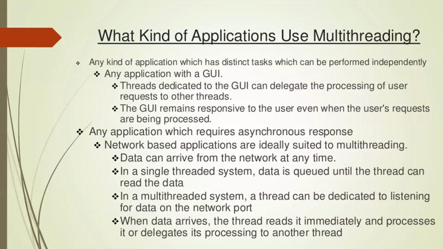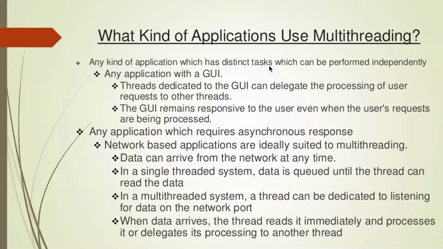What kinds of applications use multi-threading? If you have some GUI based apps or software, then you will sometimes need multi-threading. Even if you have a single threaded language, like JavaScript, there you have the concept of promises, and async await. So there is a way out of it, but in Java you can directly run two different tasks simultaneously, parallelly, one alongside the other.